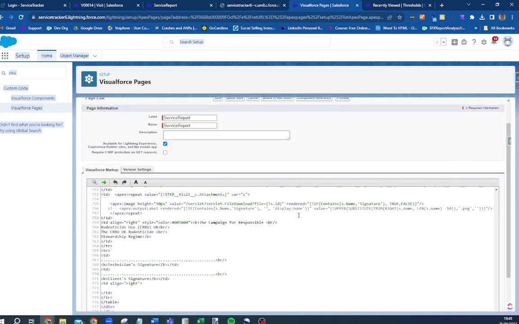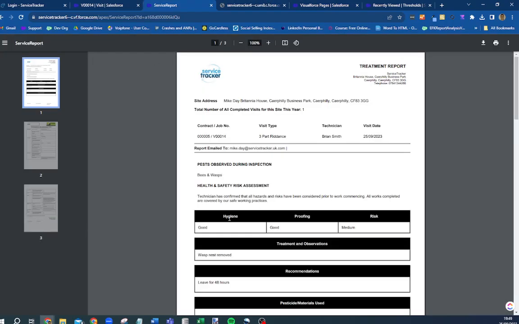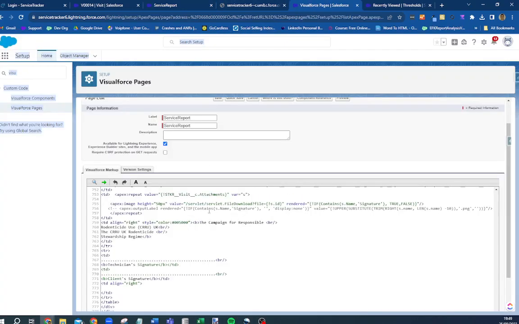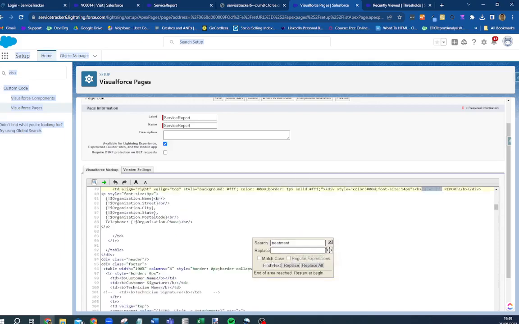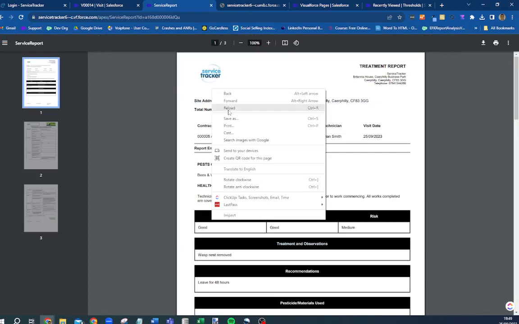So if I know, for example, just looking at my service report, this treatment and observations part is all in black, and I want to change that to a different color. I can go into my Visualforce page, look for the word treatment and observations, and you can see here the background, and you'd need to know the colors and things like that, but let's change this around. So that's white and black. Save, and then if I just reload my report,